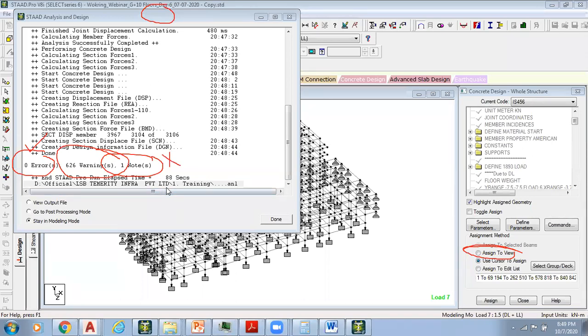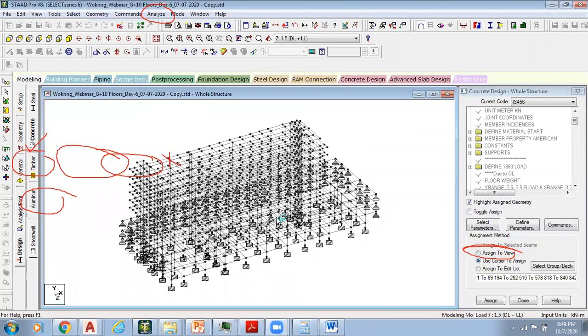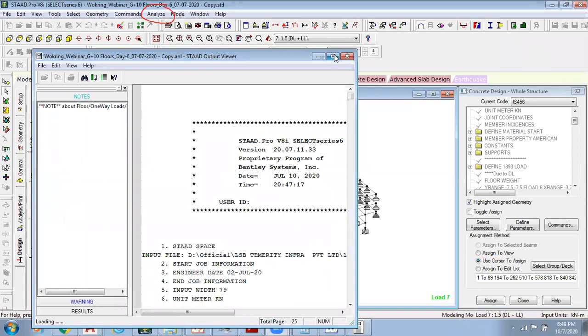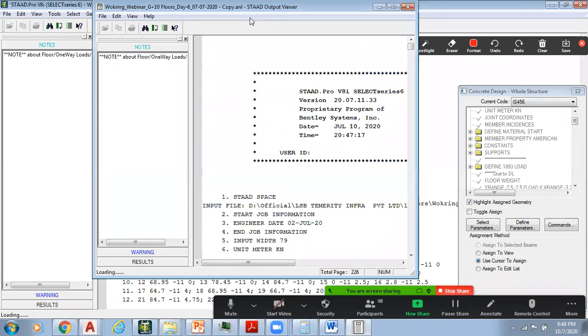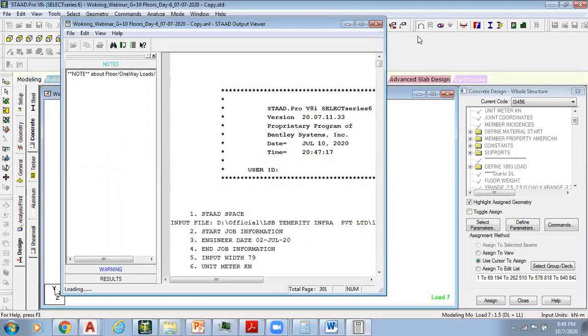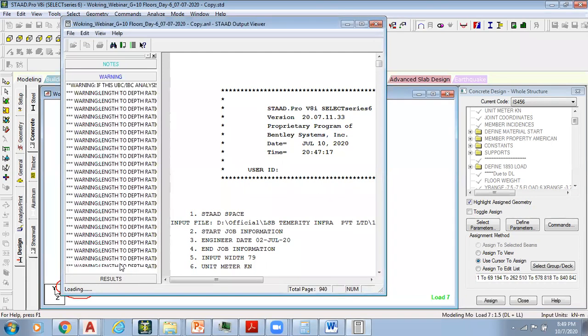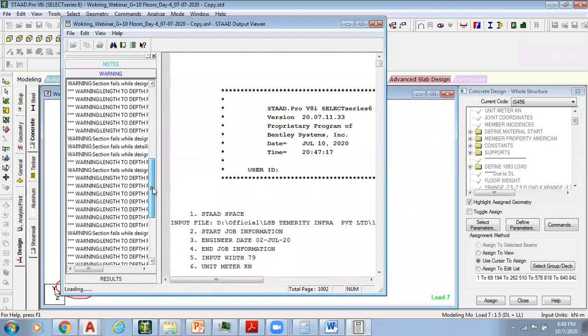Now I wanted to see where those warnings are and what those warnings are. So just to see those warnings, I have to go to this view output file, select this, and say done. View output file and then done. Maximize this. It is still loading. Please look here. So here I have warnings. I click here, so there are all the warnings. Oh, so many warnings.